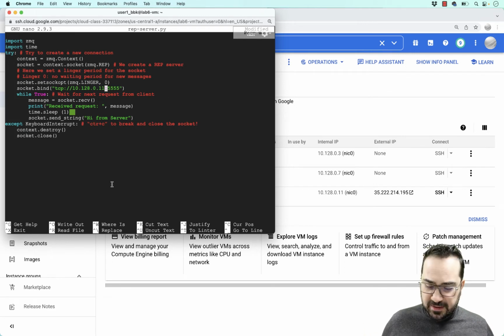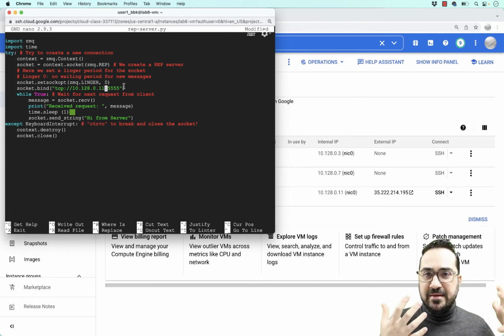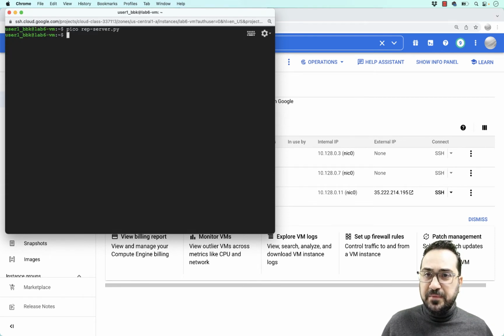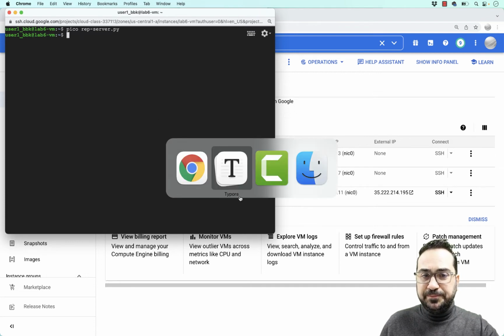I think it's fine. Again, this port is 5555. Here what we do, we create a server, but this server now is not a pair, it's a rep. A rep means reply. It's like a response will come back to the client. So save, Control S, Control X, and my server is ready.